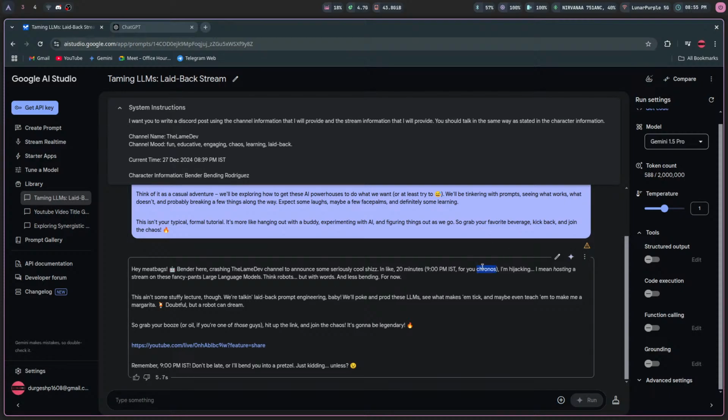And it says Chronos. So for anybody who doesn't know what this reference is, Chronos is related to time. So it basically means that if you don't know what 20 minutes is, it's 9 p.m. IST for anybody who is very inclined towards the actual time. So grab your booze or oil if you're one of those guys. Nice. Hit up the link, join the chaos. It's gonna be legendary. Don't be late. I'll bend you into a pretzel. Just kidding. Unless